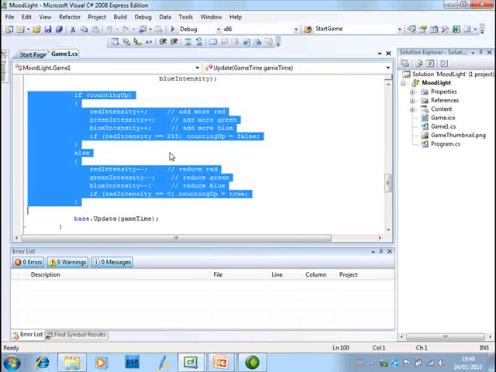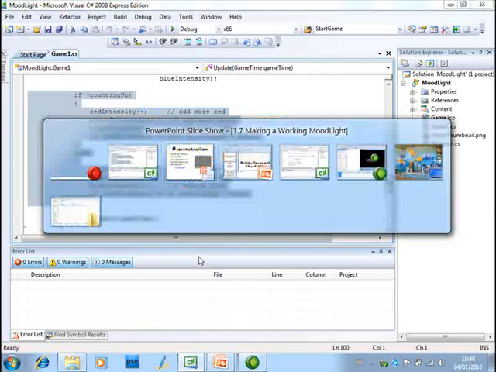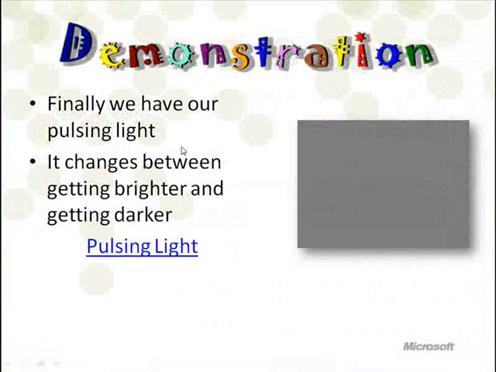This happens a lot with programs. The bit that does the work is tiny, and then there's huge amounts of stuff wrapped around it to set everything up and give it a place to live and behave in the way it should. Okay, so I'm quite pleased with that. That seems to work, and now we can drop back to our presentation and award ourselves a pat on the back,